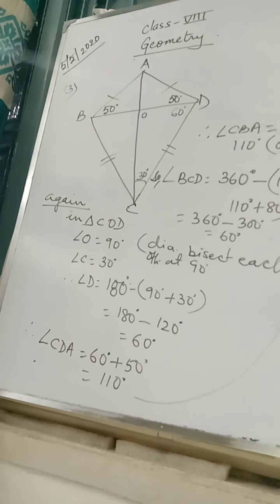And find the measure of angle AB. Now AB will be what? Again AB is equal to AD. So AB is 5 cm, that is understood. AOB is already given 90 degrees.